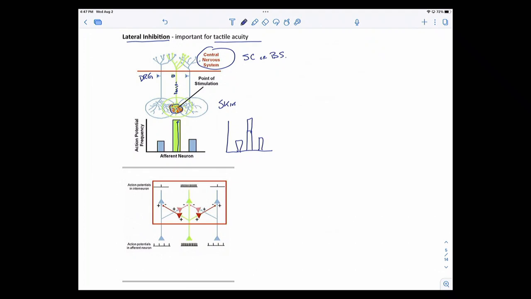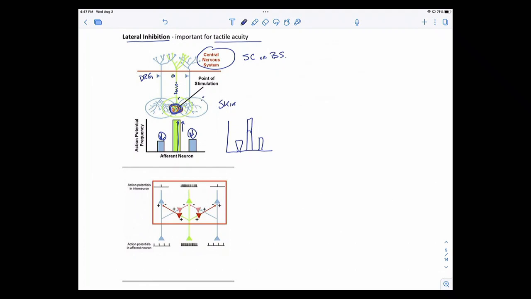So what you're doing is you're being touched here, but then you're suppressing the signal from the adjacent receptor fields. If you're stimulating this and at the same time depressing that, it gives you a better sense that I'm being touched there as opposed to anywhere else. In a sense, the surrounding receptor fields are being dialed down so that you can have a greater sense of subjective experience that you're being touched here and not here and not here.